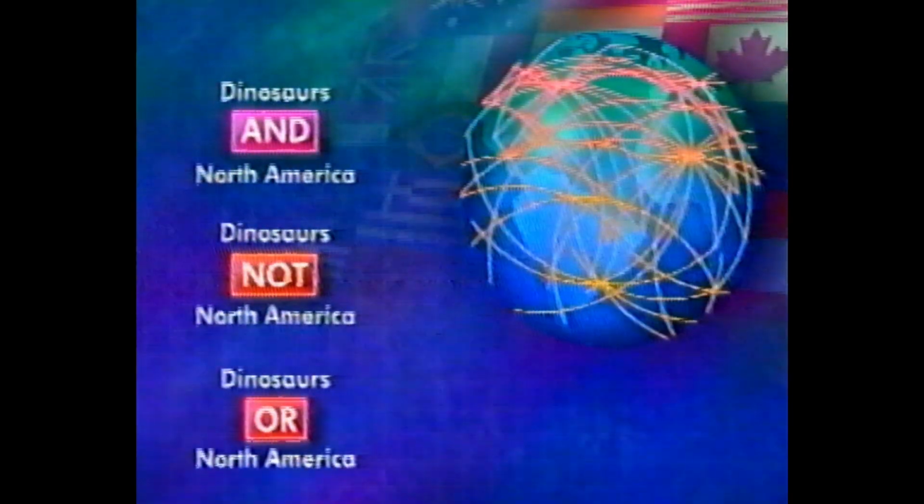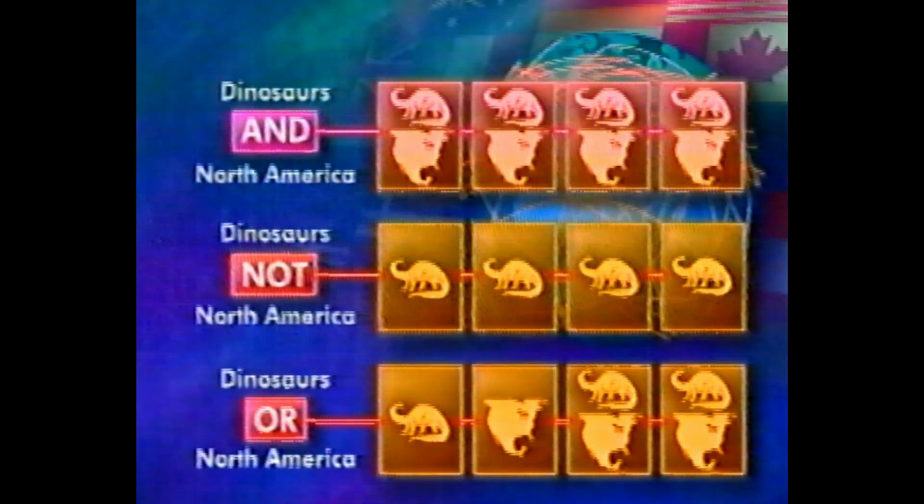Had I typed dinosaurs not North America, the Boolean search would have retrieved documents that had the word dinosaurs, but not the words North America. And typing dinosaurs or North America would have retrieved documents that had either word. Each search engine uses its own philosophy on how to search and retrieve information. It's a good idea to try two or three different engines. You'll see that each search brings back differing responses. Spend a little time learning how setting specific parameters to your search can make searching the web much more productive.